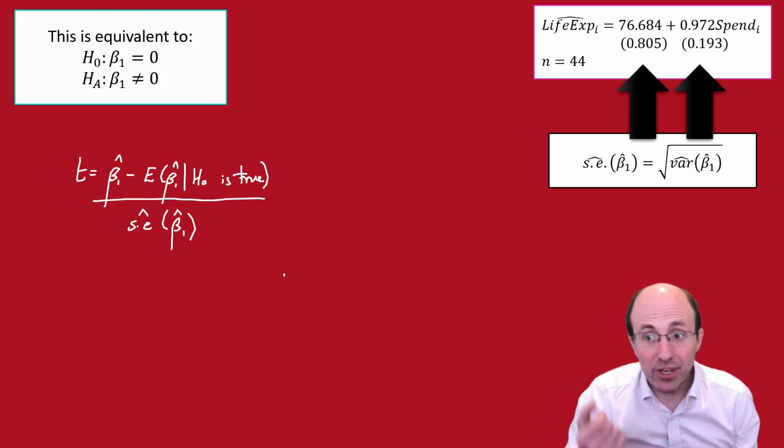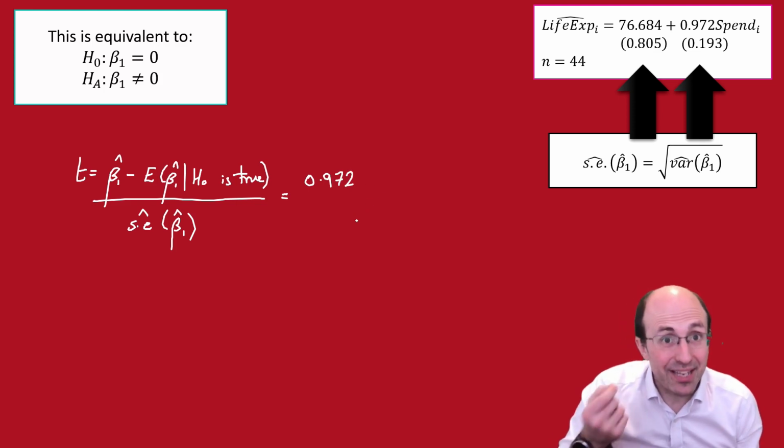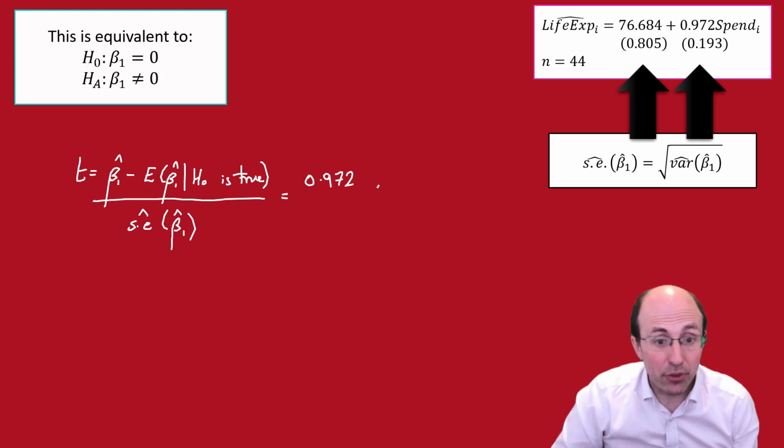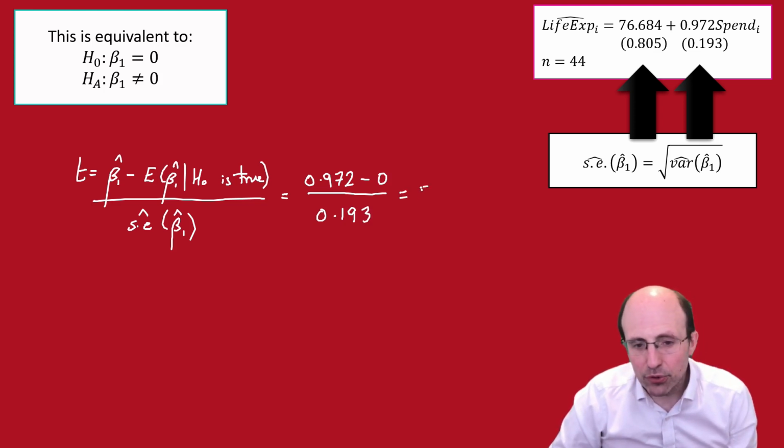Our estimated beta 1 hat is 0.972. The expectation of beta 1 hat, if the null hypothesis is true, we can just substitute in our hypothesized value here, which is 0, and our estimated standard error is 0.193, which gives a t-statistic equal to